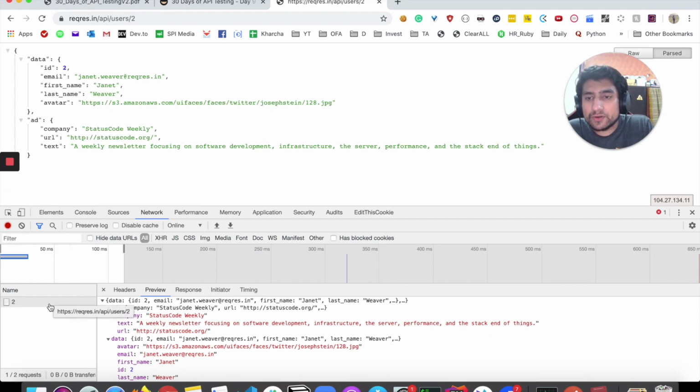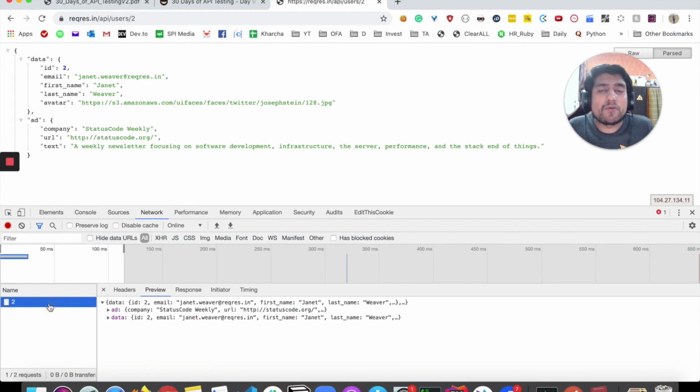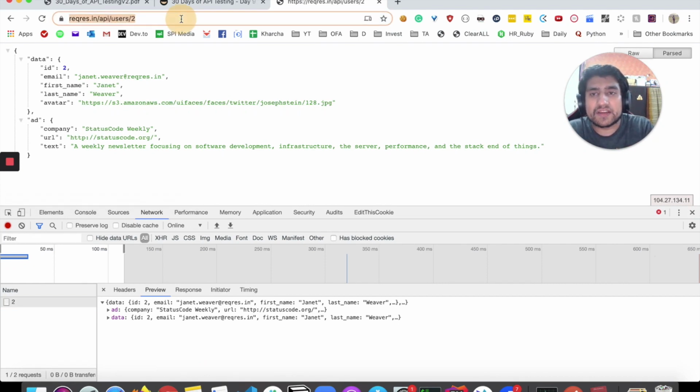Suppose I want to create a test case for this one. Traditionally, I would go to the documentation, pick the APIs, give the payload, and after that I'll receive the response. Or what you can do is open Postman. Postman is a great tool that you can use. So what you can do is